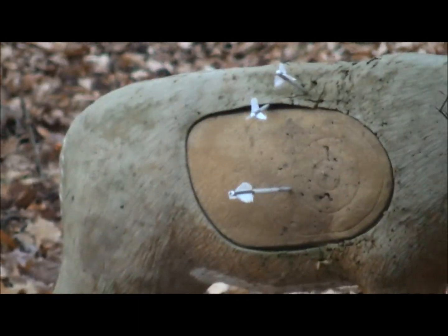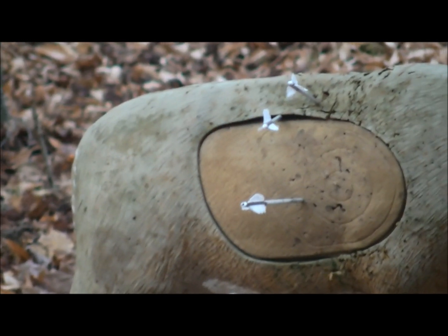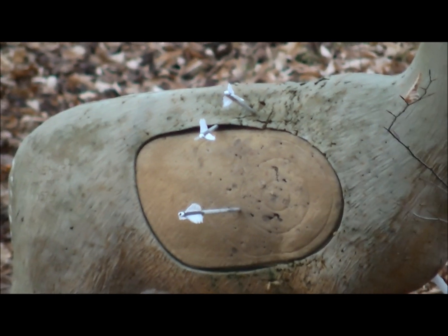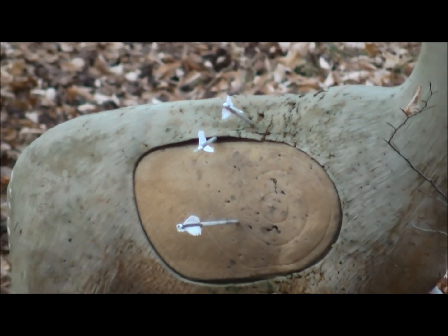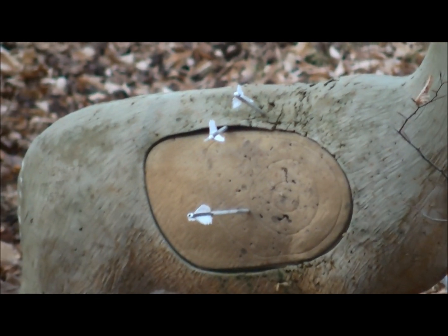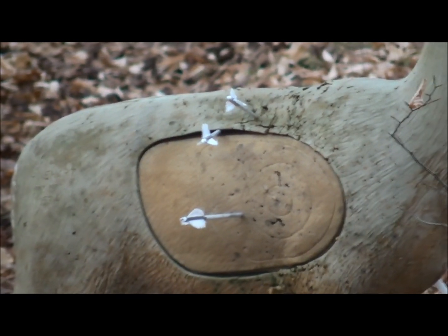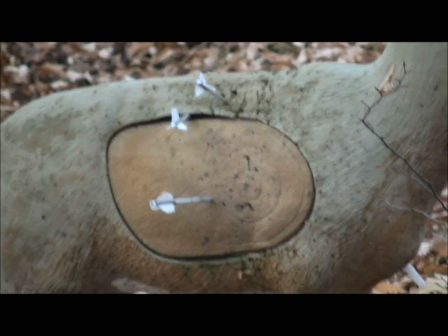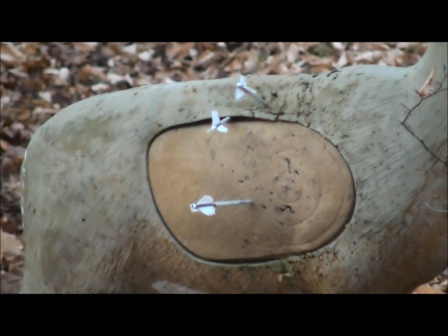Now you notice two are a little bit high, but you notice how they're one above the other. They're not off to the left or off to the right. That means that I'm on the line, shooting consistently. When I first got here, I could shoot right over them or I could shoot under them. But when I put it on that last 1 7/8 nock, I'm pretty well getting them in there. Work on it a little bit, but anyhow,